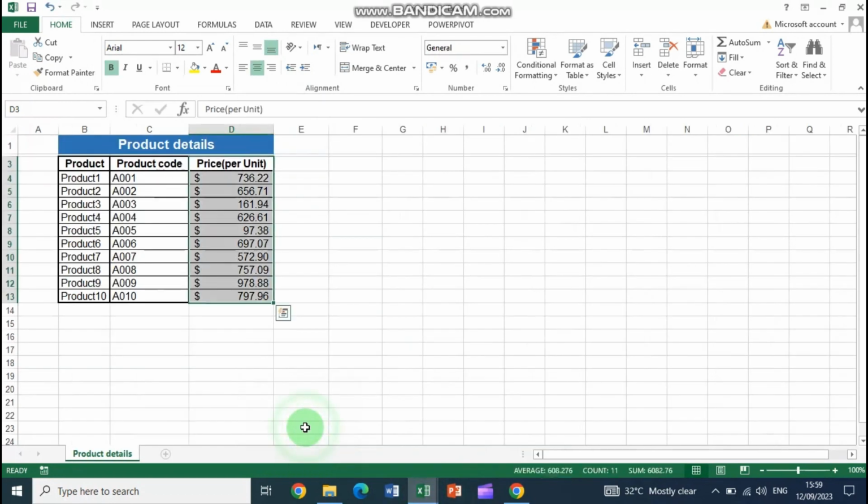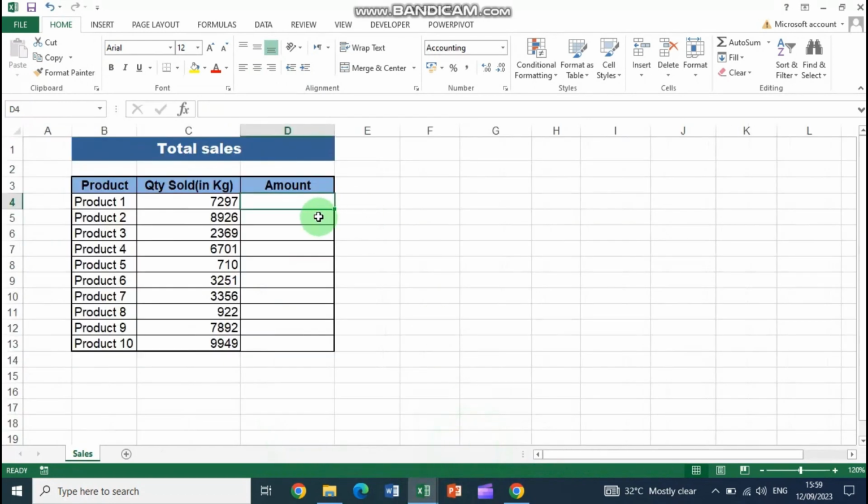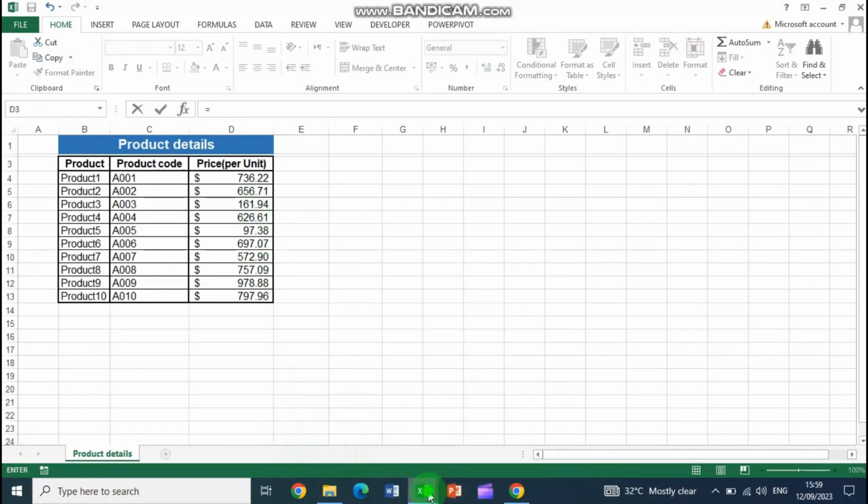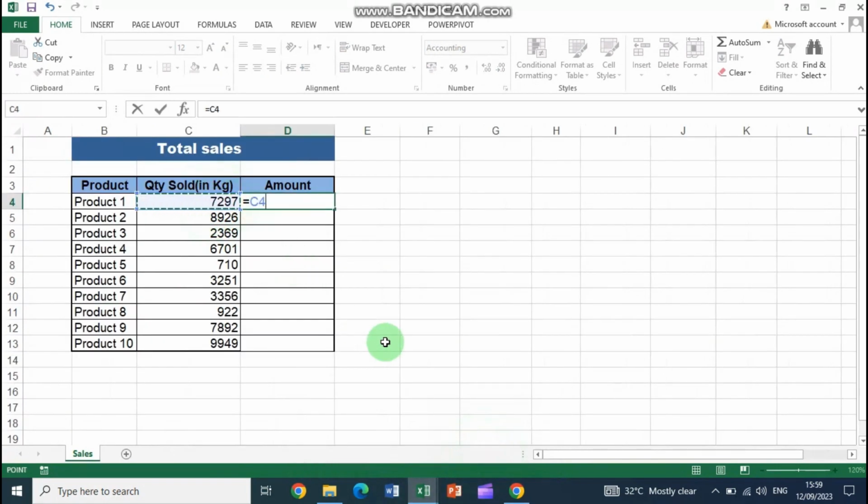Now here the prices are in a different workbook, sales quantities have been given by the sales people in a different workbook. So what we do is we need to calculate that. What is the total amount generated for each product? So in the sales workbook where we want to calculate the amount, I simply go to the amount column for the product. Here again, please just note that we are assuming the product list in both the workbooks is in the same sequence. I go to the product 1 amount, I can use the quantity sold, multiply